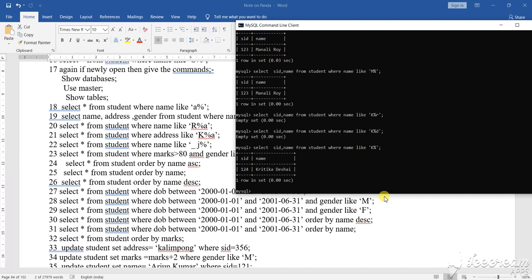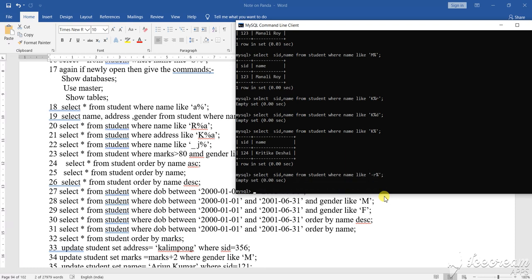There is one particular value. Another one I want to see, where first one gap, then R, then percentage. Okay, with R percentage. So let's do it. The output is also showing an empty set. Clear?